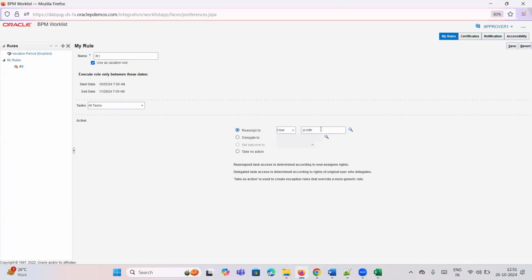Okay. So now let's discuss what action types are available in a vacation rule. In the previous step, we created a vacation rule and discussed how to create it. Now let's discuss the action types, and also see the difference between reassign and delegate. So let's assume, for example,